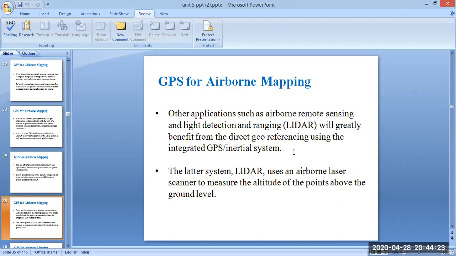The latter system, LIDAR, uses an airborne laser scanner to measure the altitude of points above the ground level. So here we are using a laser to measure the altitudes of the points above the ground level.